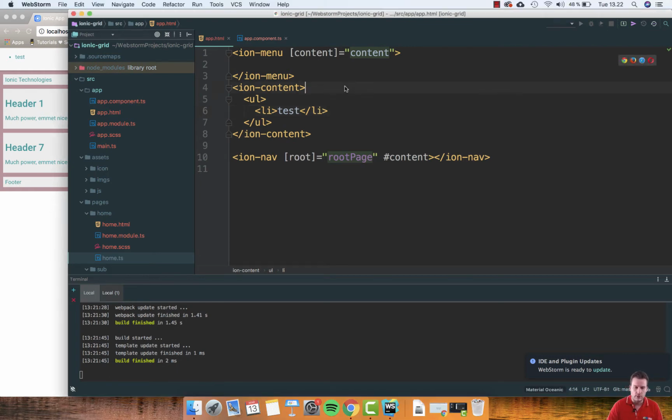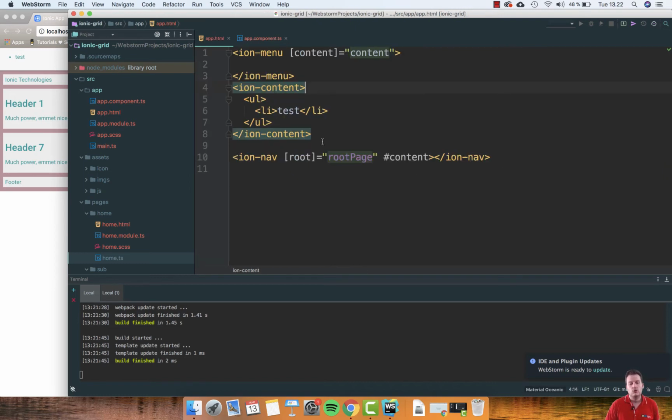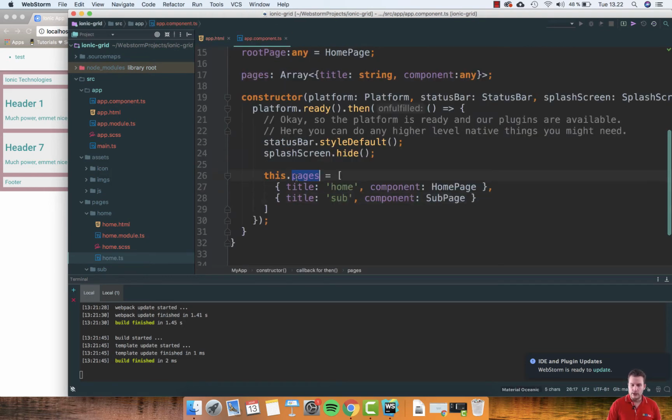There we are. So we can actually print out a page automatically for each one we have. So all the things we put in here, it's going to print out this one for us, and it's going to print out this one. So we're going to create or use something called a loop, or a for loop. So for each item, it's going to print out something. And for each item, I mean for each page. Right now we have two, right? We have home and we have sub. That will be a for each in